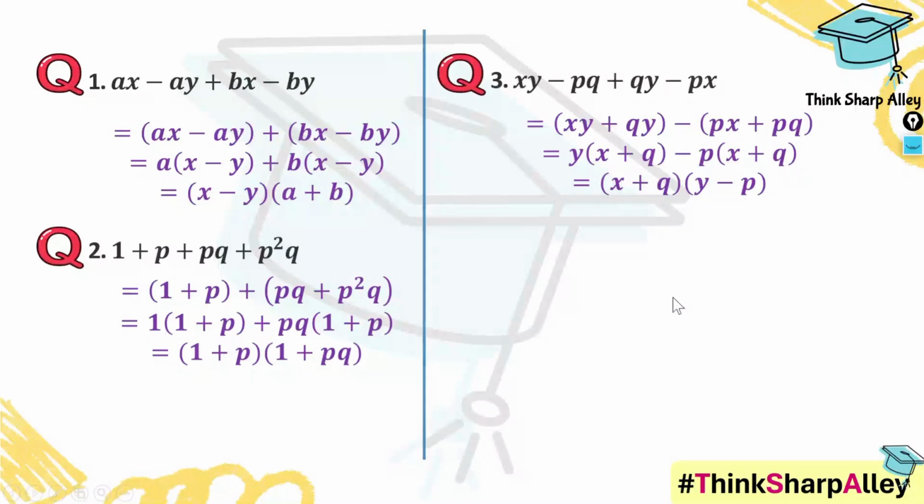Interesting, right? Alright, let's take a look at this next expression. At first glance, this might look like it's already in a neat factorized form. You might think, well, the brackets are already there, the groups are made, job done, but hold on. Let's dig a little deeper. Can we take anything common from these two parts? Unfortunately, no. These terms don't have any common factor we can pull out directly. So here's the catch. Even though this expression looks grouped, it's not ready for factorization yet.